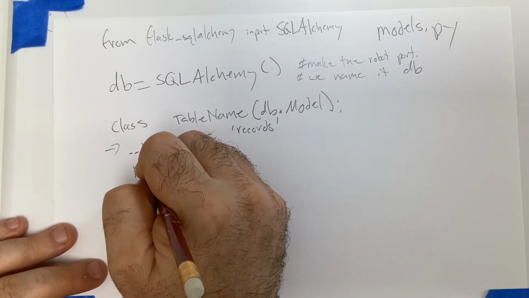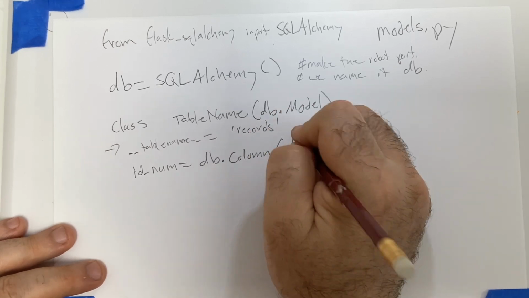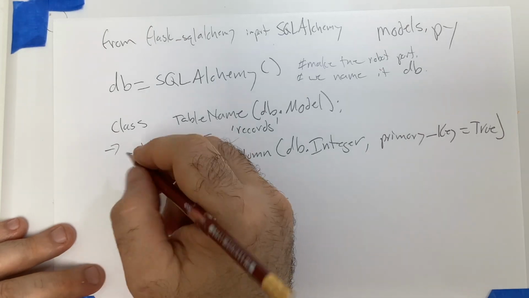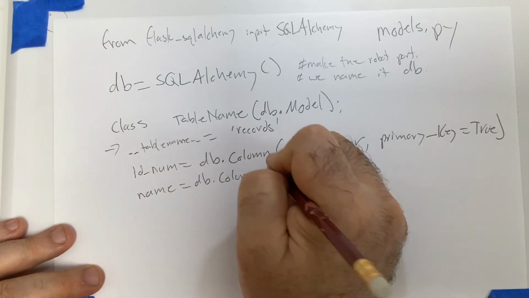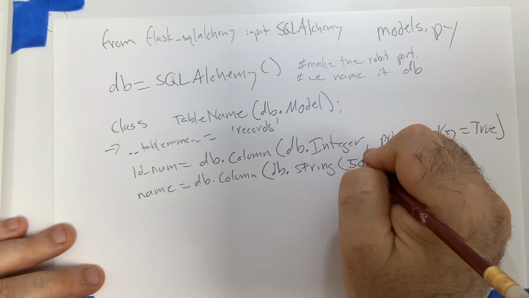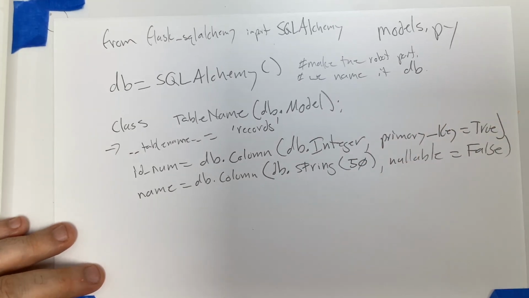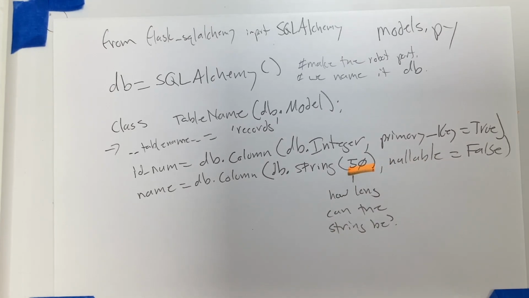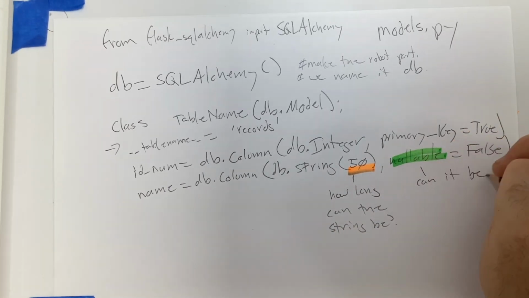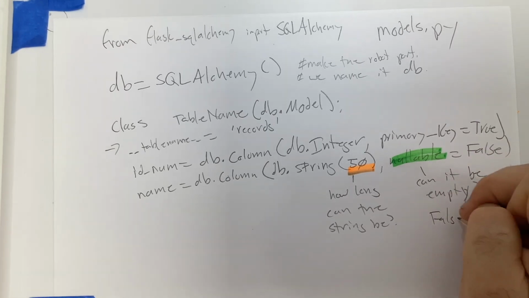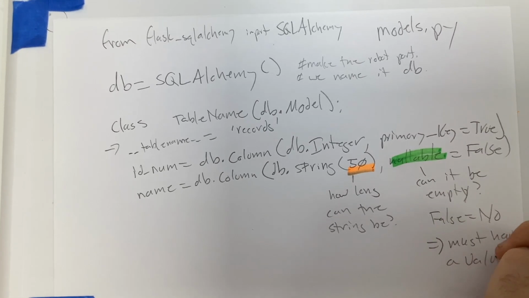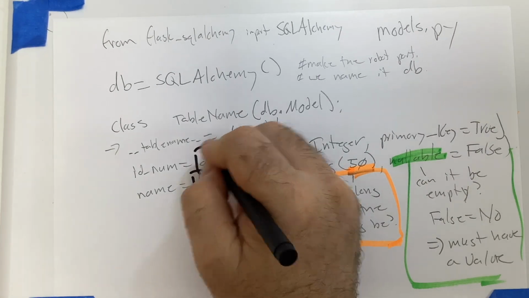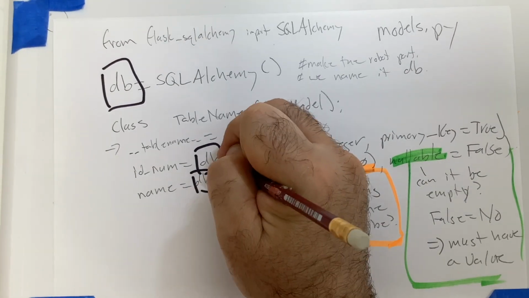But once we've created the database object, we now actually have to create the tables that are going to be stored in there. So although these are the same sort of structure, class, then the name of the table, and then parentheses, what type of object is this? This is going to be the model type from our database, db.Model. The __tablename__ is kind of like the internal name of that table. And then we go through and you have to make a bit for every column or every field that's going to go into this particular table. They all are going to have db.Column,